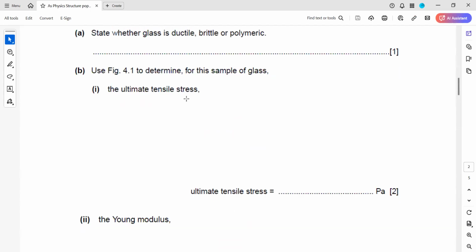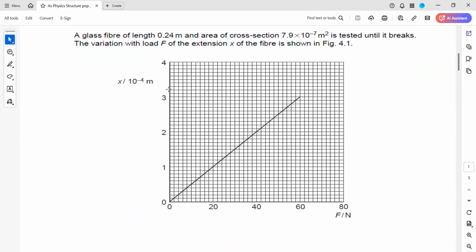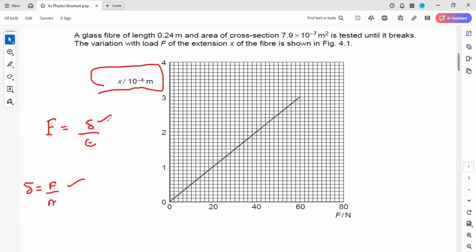Then Young's modulus is stress over strain. So this is a graph for the length. How do we work it out? If you need the Young's modulus, it is the stress over strain. The stress, the UTS, we already worked out, force on area. So we have this. What about the strain? Strain is change in length over original length. So how much has the length changed? As you can see here,